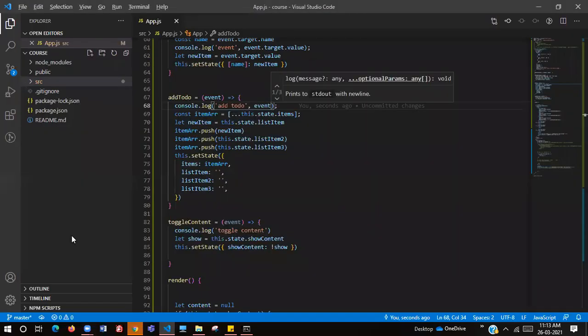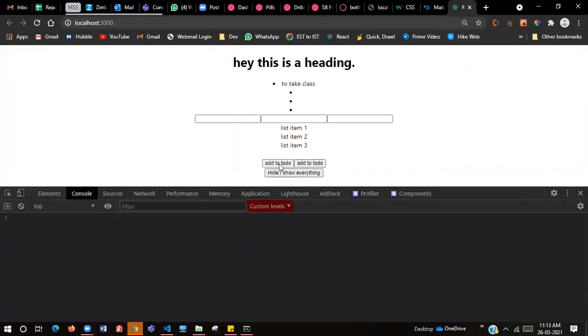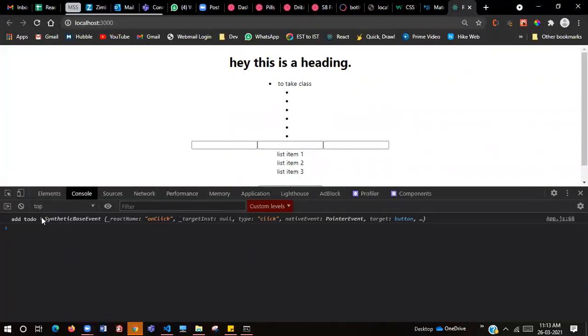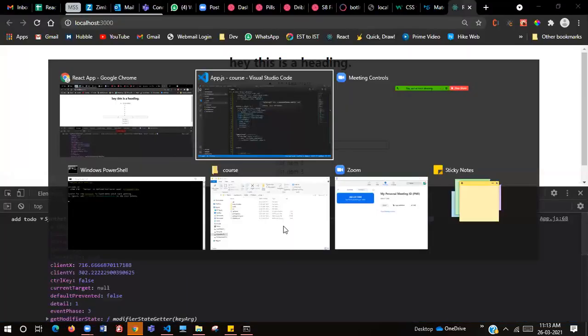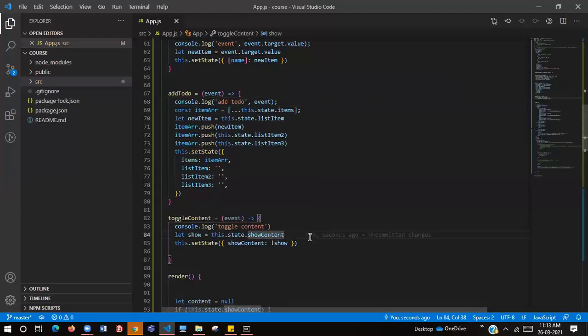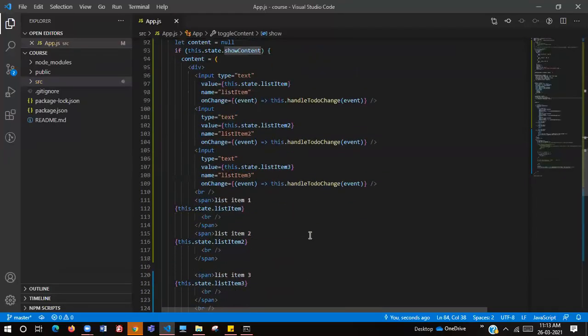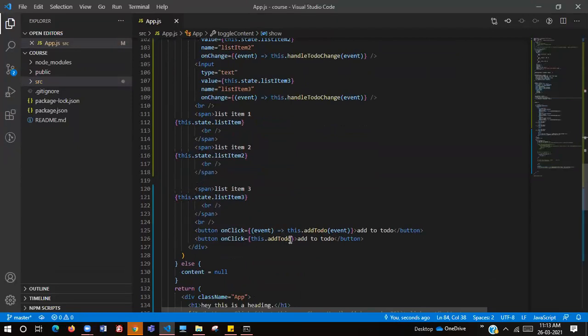What if I click on the first button? Even then we are seeing event. Why? We haven't passed any event to this, right? Second function, did we pass any event to this add to do? Then how are we able to see that event?